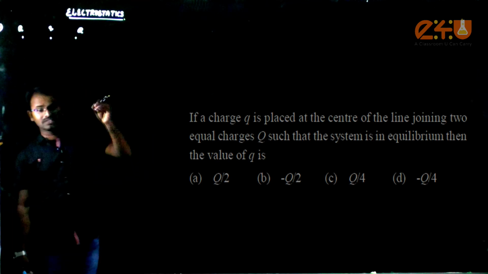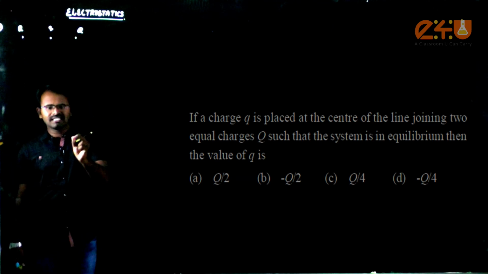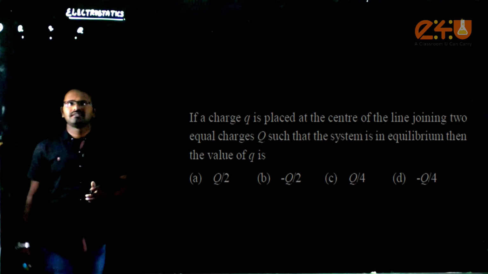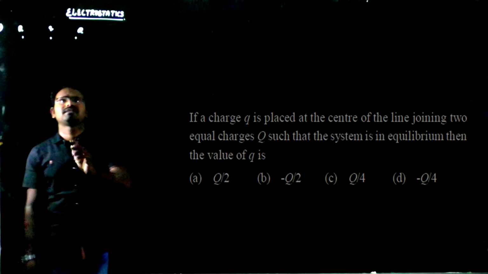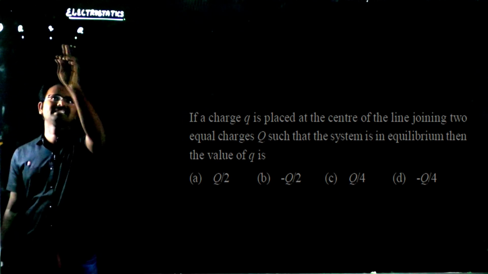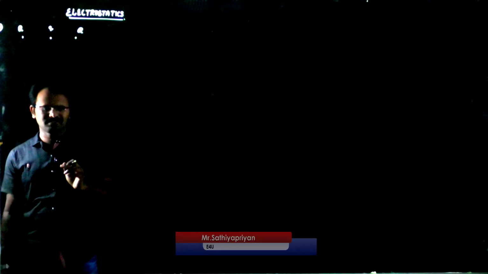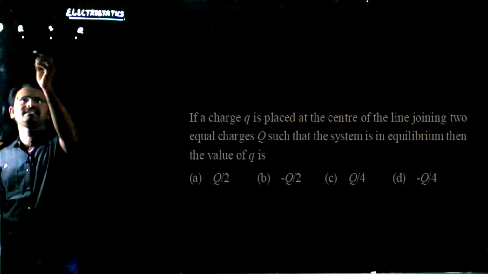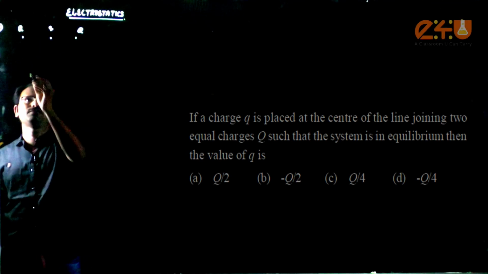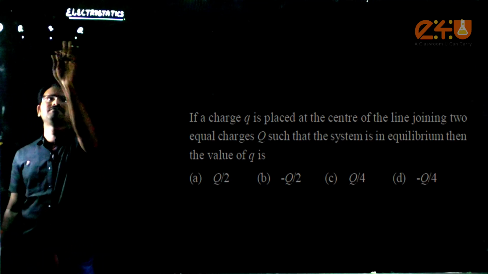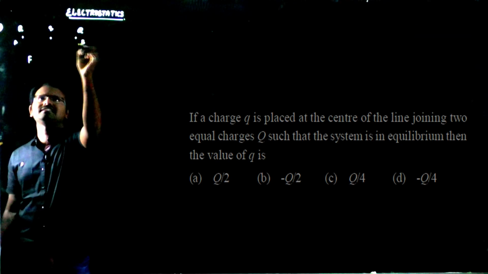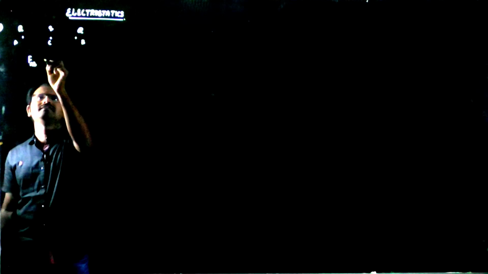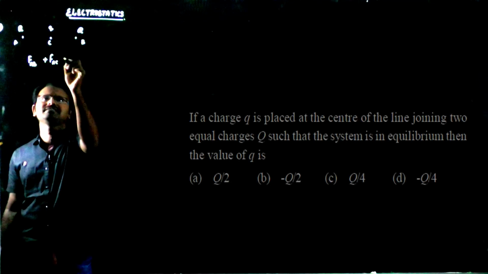Even though we bring one more charge to the center point, the equilibrium position should not change, so the force acting on this will be equal to this. Very important: if you take these two as positive charges, this must be a negative charge. I am taking Q and Q as positive charges, then the middle charge must be negative. We take the force between them, the force between A and B plus the force between A and C must be equal to